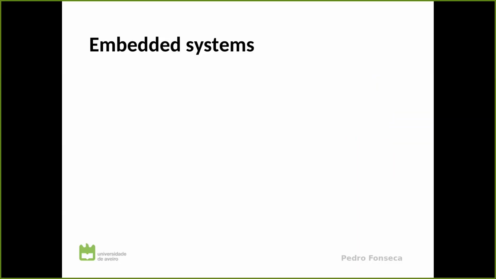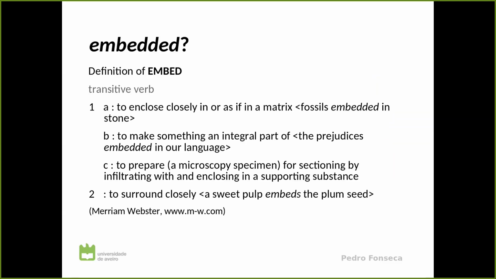Systems, and start talking about what is an embedded system. The name embedded comes from the word embed. You have the definitions there, which is a transitive verb, so we embed something. And embed means to enclose something inside, like fossils embedded in stone,